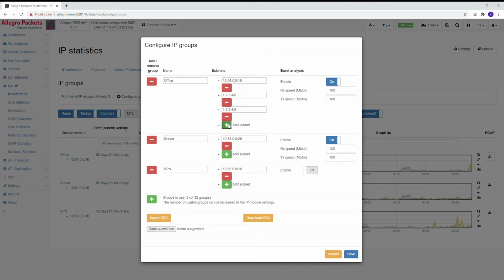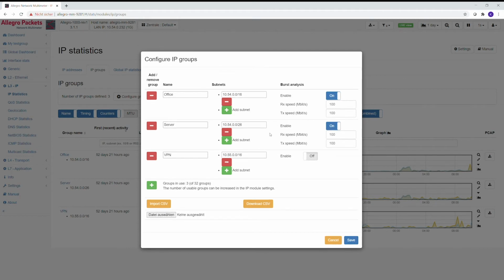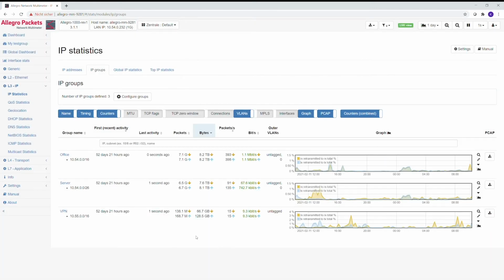The thing that was not implemented yet was that you can have per group a lot of new subnets. So you can add, if you have a subnet, for example, 100 or more IP addresses. This is now added, and you can have groups which consist of just a list of IP addresses, for example. And even if this list is long, this is now no problem anymore for the Allegro to show you grouping by a long list of subnets or a long list of IP addresses.